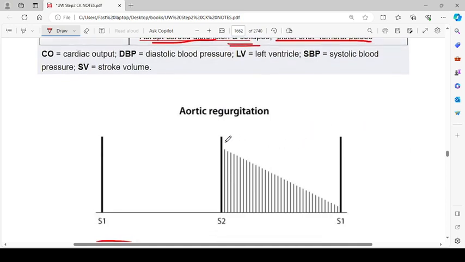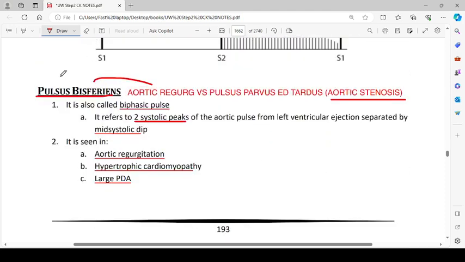Then aortic regurgitation. This is a beautiful picture. Like this is the S2. So after that, we have a downward slope or decrescendo murmur. It will be a blowing decrescendo murmur in the diastolic period. Then pulsus bisferens. So it is aortic regurgitation versus